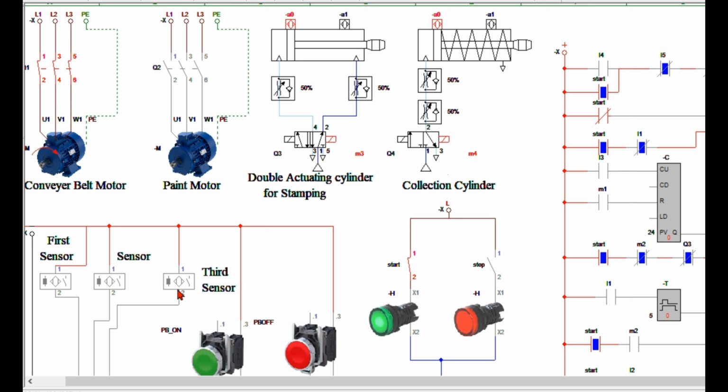Now let's suppose the object has come in front of the third sensor, where the count will be incremented and that object will be pushed into the container. So let's see it. Sorry, I pressed it twice, so that's why the count is 2. This object will be pushed by this plunger into the container. Let's pass another object in front of it. See here, the plunger is moving outward and the count is 3. So this object will be pushed into the container, and this process will start